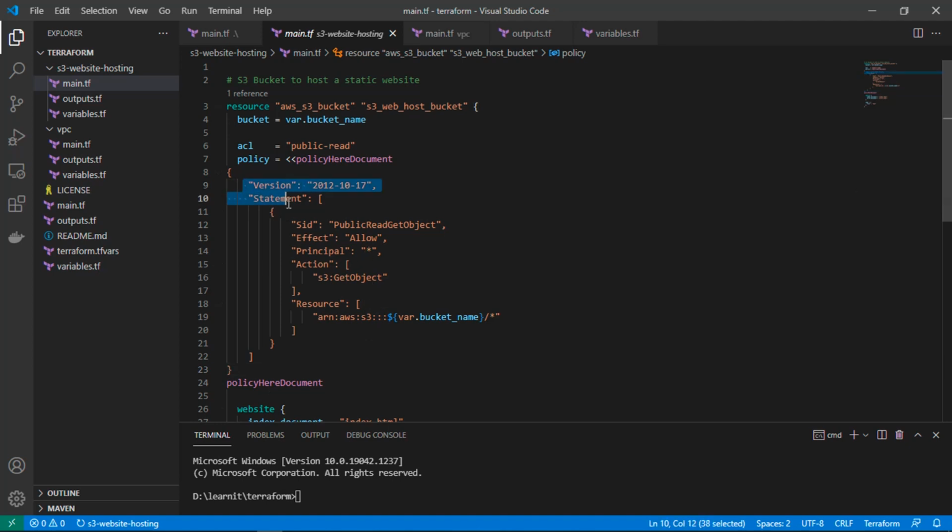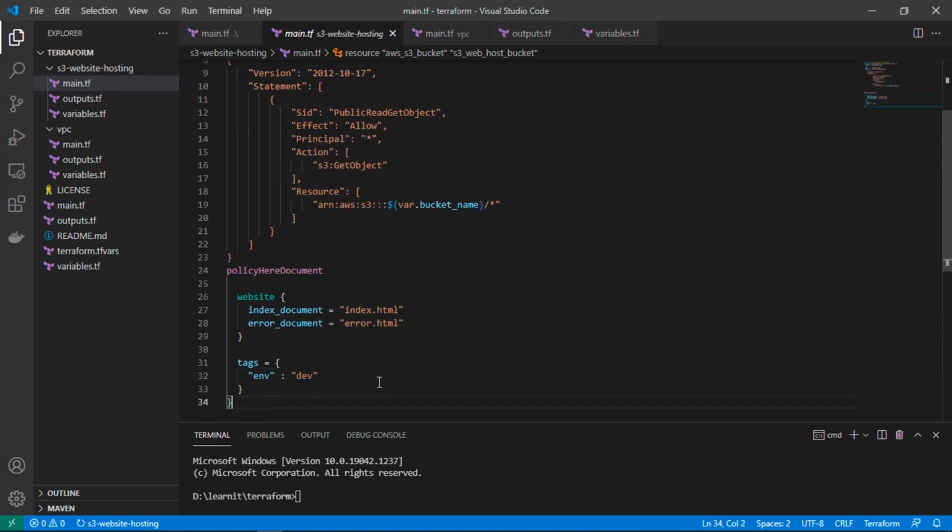This policy will allow us to create an S3 bucket with public access to all the objects inside the bucket. And for the website object, I have provided the index document as index.html and the error document as error.html. This is the configuration for website pages.